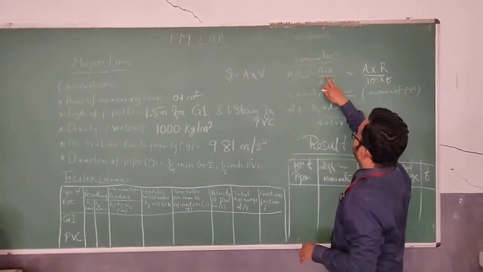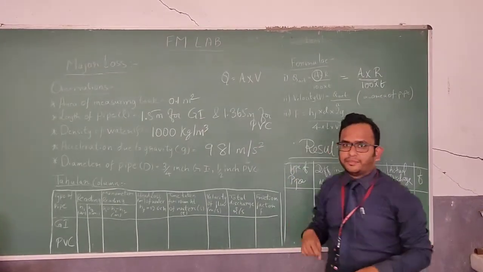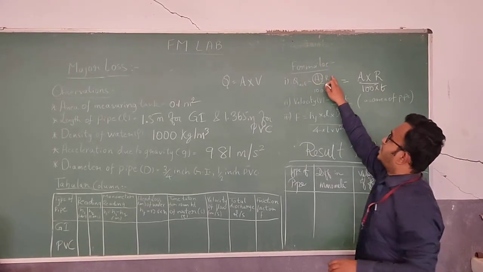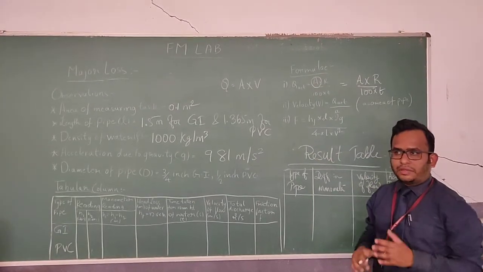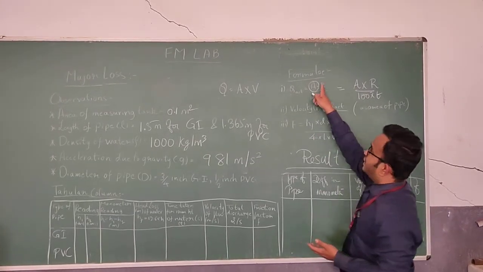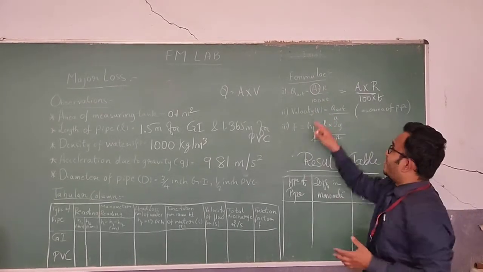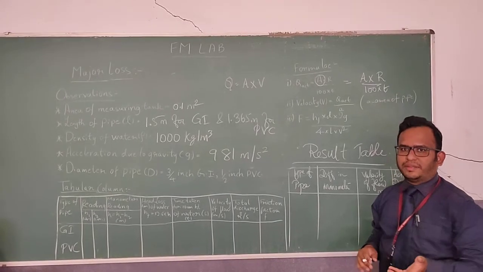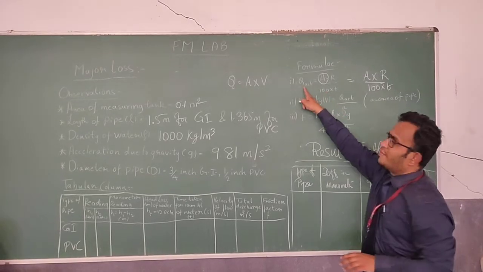Now see, this is area, we know area, but we don't know velocity, right? Velocity is nothing but whatever length you have taken, that is 10 centimeter, divided by the time you have taken. So distance by time is velocity. So why am I dividing it by 100? Because it is in terms of centimeter, but we want it in terms of meter. So we have got Q actual.